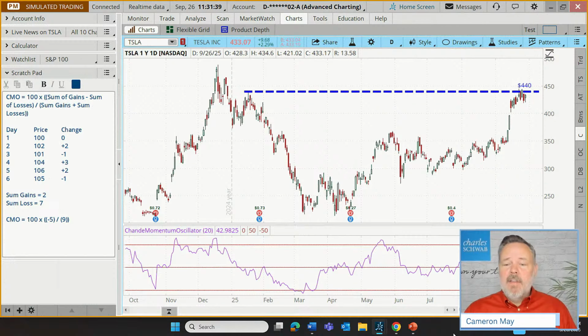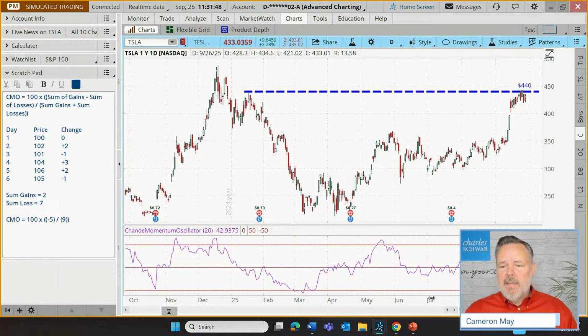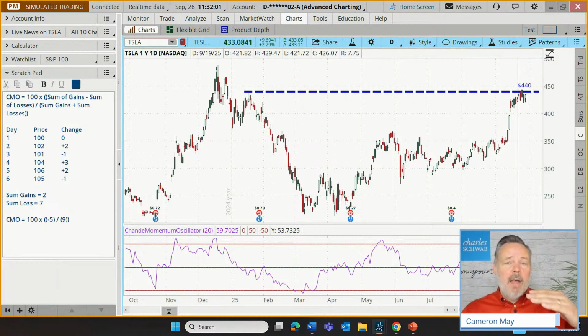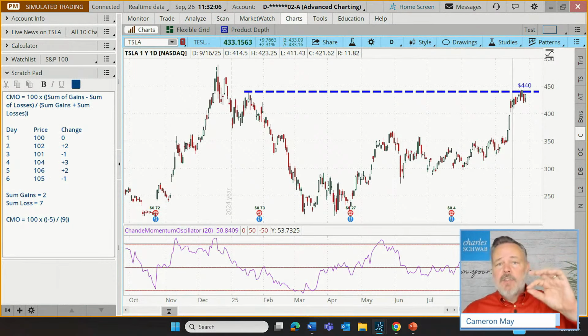So how is this oscillator traded? That seems to be an important part of this discussion. Well, just like the RSI, it has overbought and oversold ranges. In this case, instead of the RSI's ranges 70 and 30, we might be looking at a traditional view: if we get above 50, that's considered to be possibly representative of prices strengthening, the bullish days being so strong in their ratio to the bearish days that it's reached potentially a short-term extreme.